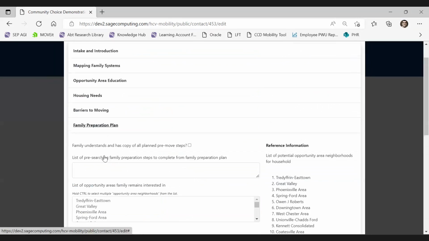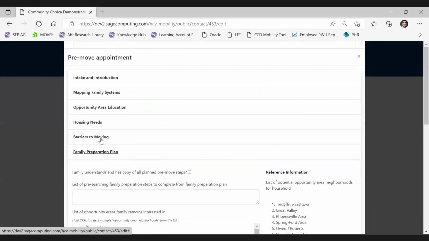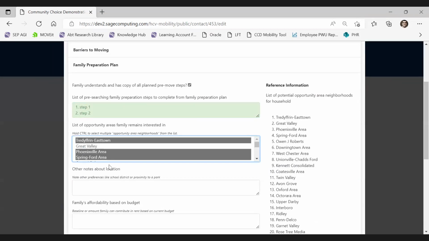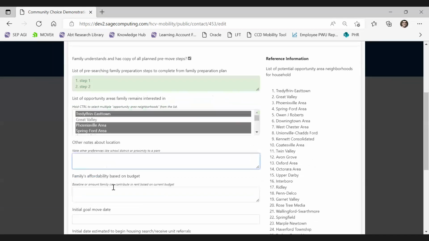Moving on now to the final activity under the pre-move appointment, family preparation plan. Indicate that the family understands and has a copy of all planned pre-move steps, list those steps, and select opportunity areas that the family remains interested in. Any other notes about location,